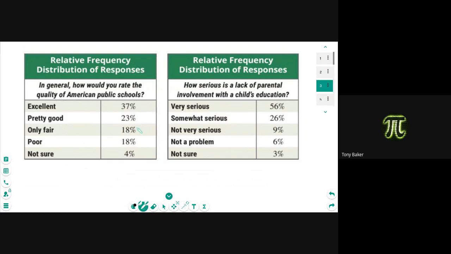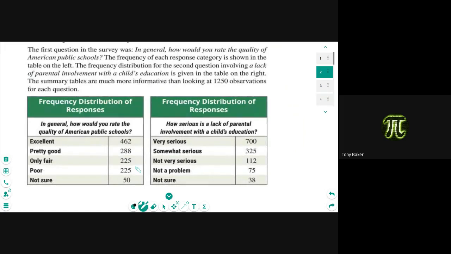How did they get the percent? They just counted how many it was, divided it by the total number of it. So why are percentages better than just the raw numbers? Why would you rather have a percent than the raw numbers? If I told you 462 people said it was excellent,